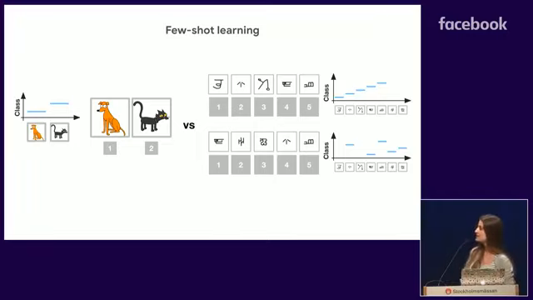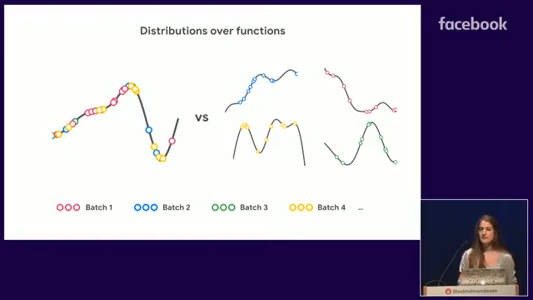To make this difference more clear, if we look at the underlying mapping from images to labels, the distribution is always the same for traditional learning methods, whereas for few-shot learning, this distribution is changing across episodes. So what this boils down to for me is the difference between having models that learn a single underlying function from observing several observations during training, and systems that can learn a whole distribution over functions by seeing different functions at every episode. And then at test time, what these models do is try to narrow down what the current function is by seeing a few context observations. Now, we want to learn the latter. We want a model that is able to regress distributions over functions.